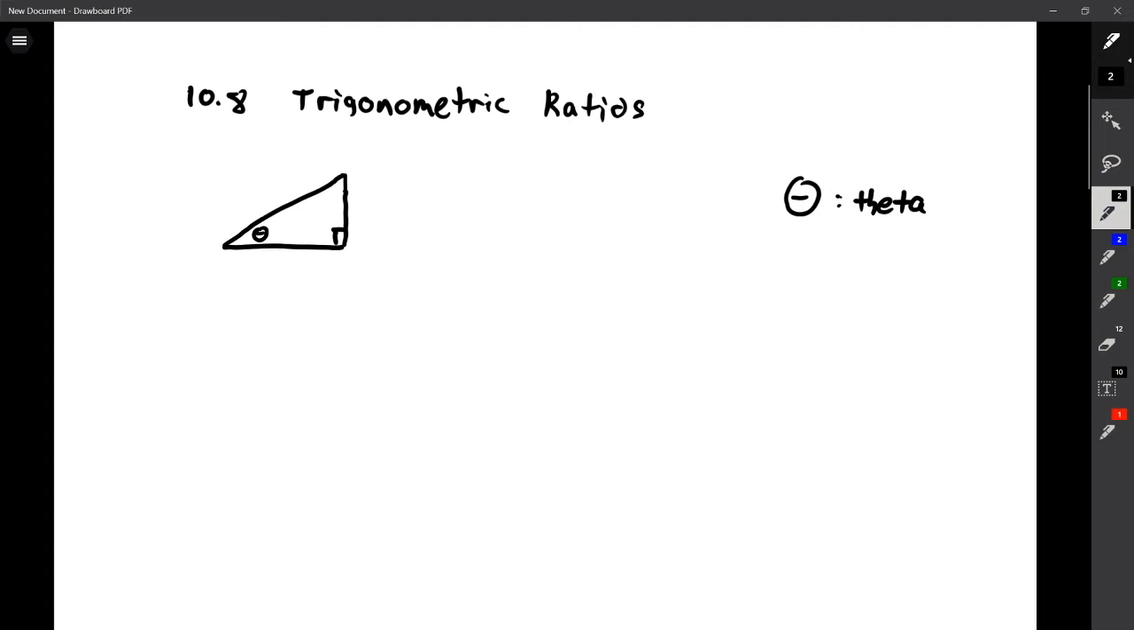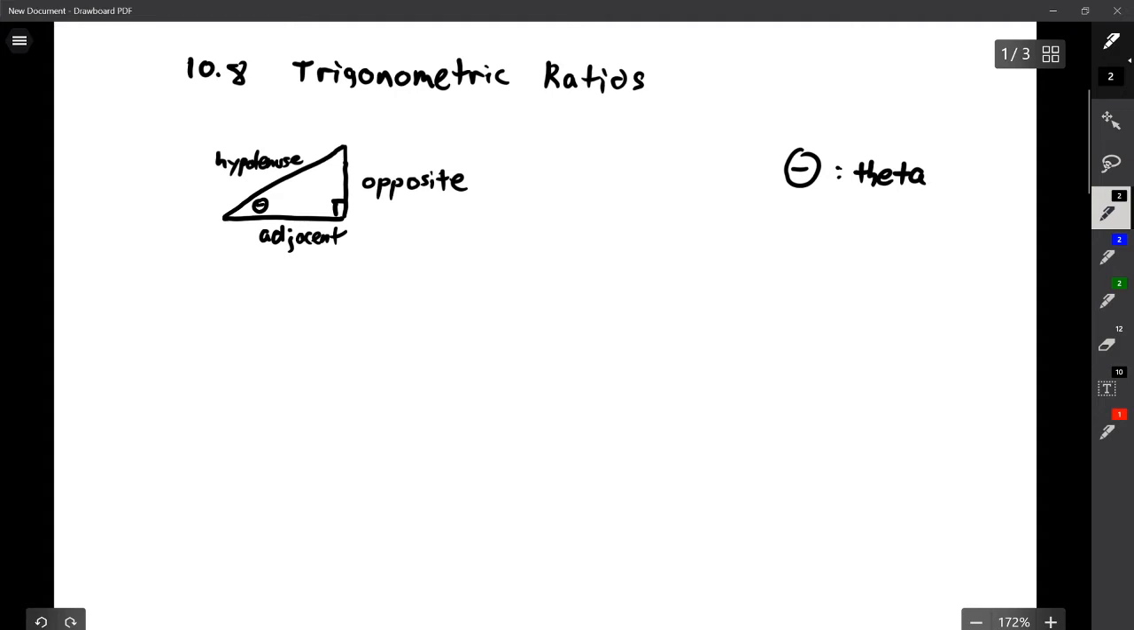Okay, so if that's theta, we've already used the term hypotenuse, right? As the side of a right triangle that is opposite the right angle. Well, if theta is here, we're going to call this the adjacent side. And we're going to call this the opposite side. And those terms hold true, opposite of theta, adjacent to theta, and then hypotenuse, regardless of how we orient our